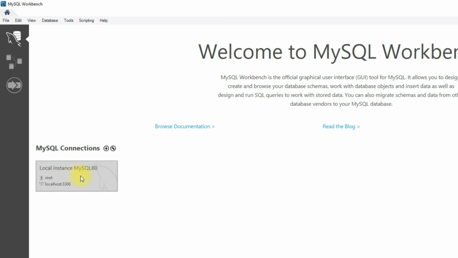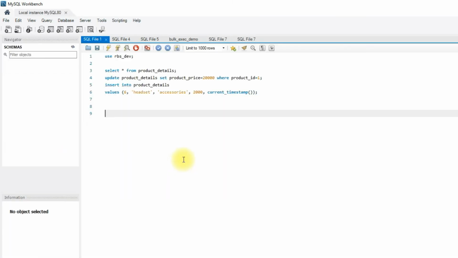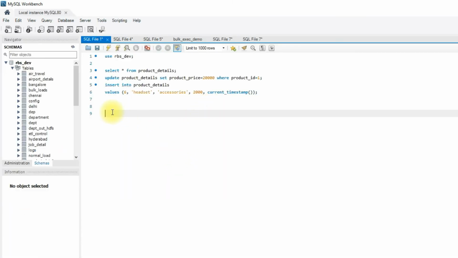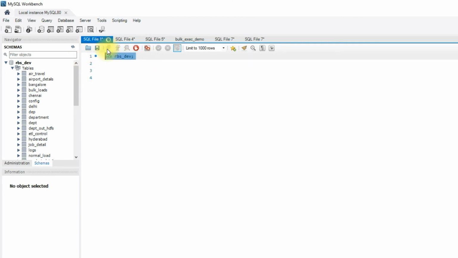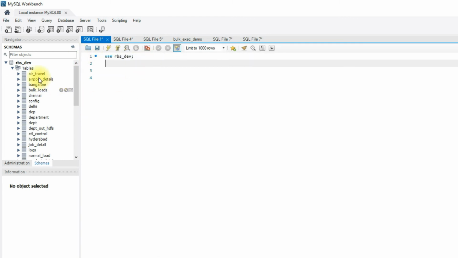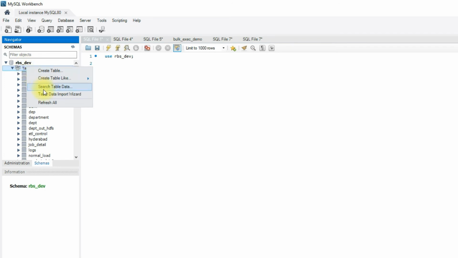Okay, so I have my MySQL up and running. I will go ahead and connect. Alright, so I'm going to use this database. This is where we have actually loaded, and let's do a refresh.